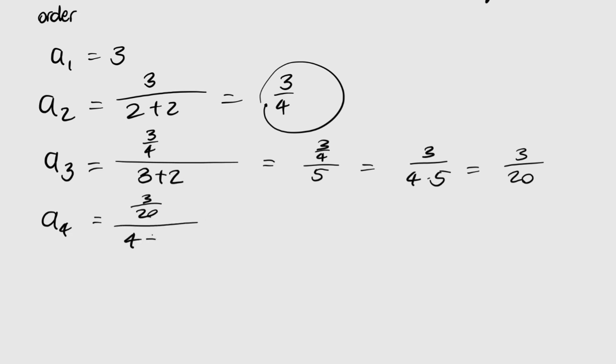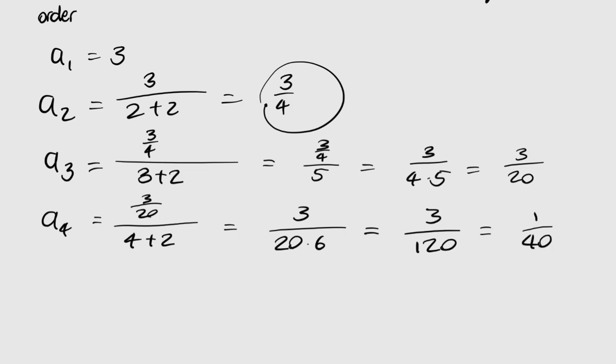That's going to be 4 plus 2. That's equal to 3 over 20 times 6. And 20 times 6, so you can just say 6 times 2 times 10. That will be 120. This could actually be simplified further and say 1 over 40. My previous attempt at recording this video, I didn't actually notice that. So then here you could say 1 over 40